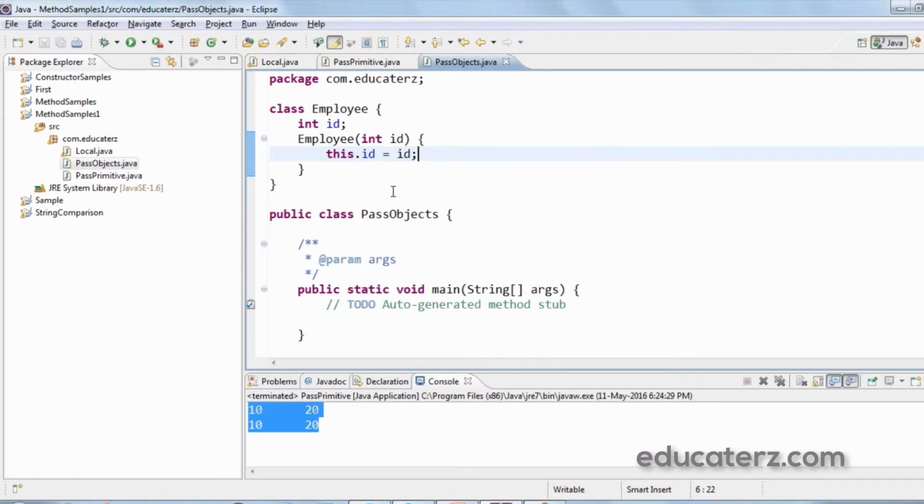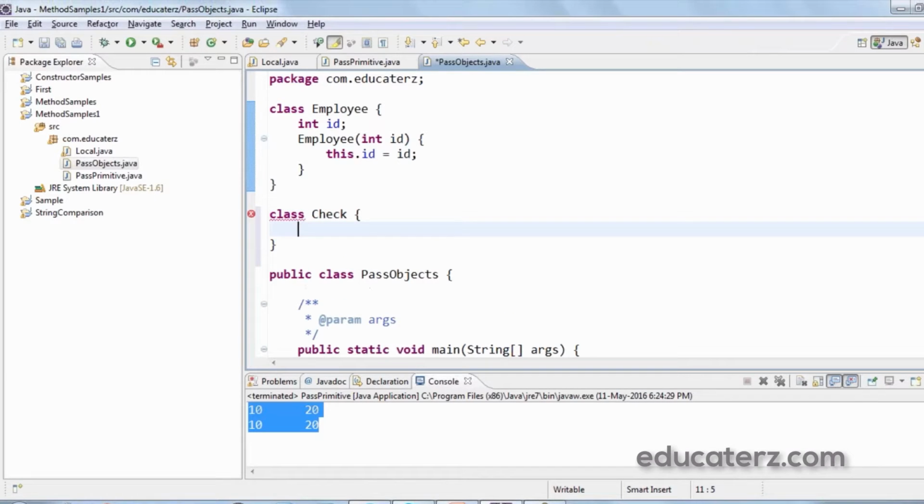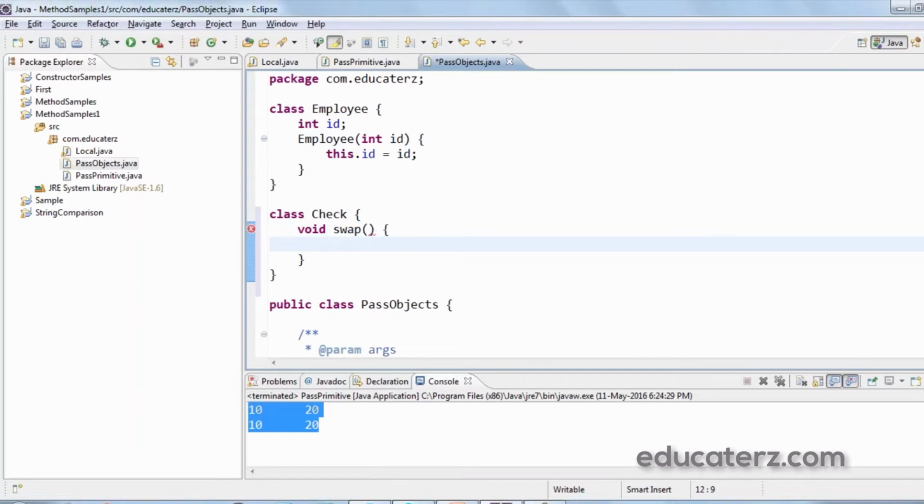Next I need another class which contains a swap method, that is, to swap two objects. For that I would use another class, say check, which actually swaps within a method. That is void swap, and I need to interchange two objects of class type Employee. So pass two objects of Employee type, obj1 and obj2.